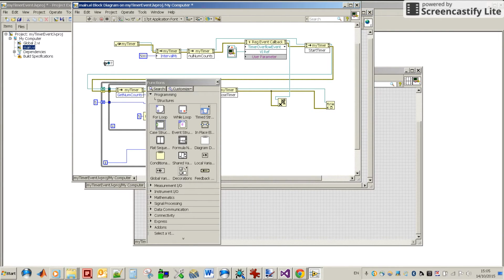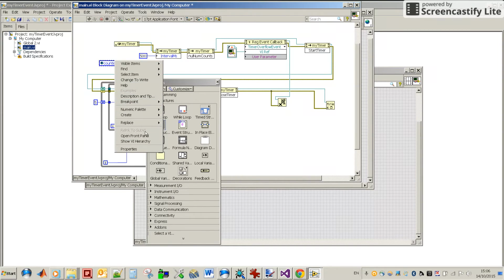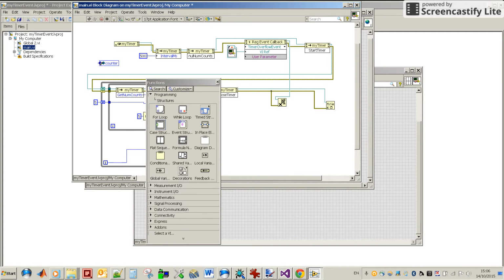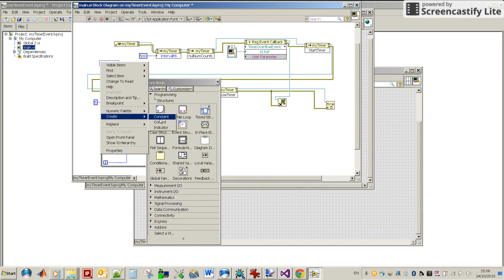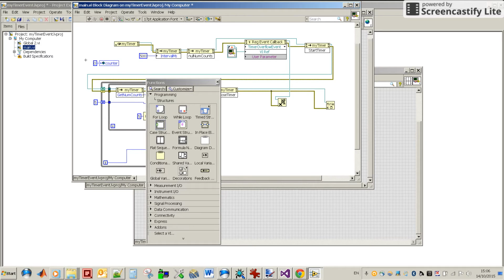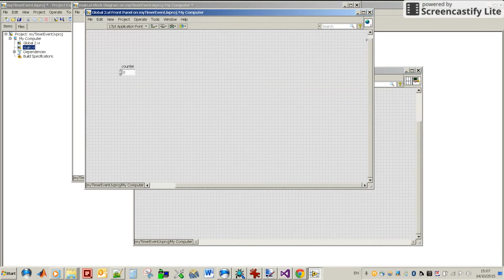Right, so we're going to select a counter, and we're going to make it a write, and we're going to create a constant, say 0, and with globals you always have to be careful with the right order of doing things, right? So I'm going to just put this one in there so it happens at the first thing in the program. Alright, so we're going to copy this counter and go back into our